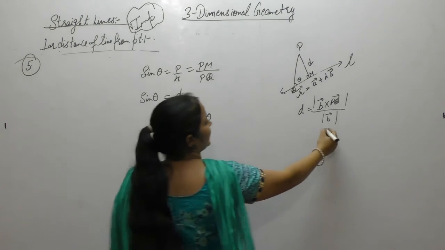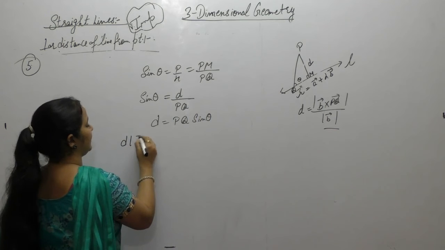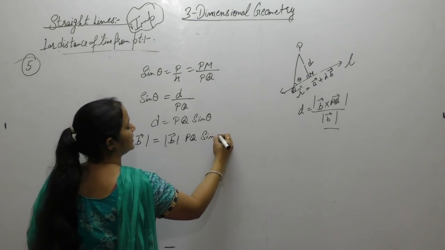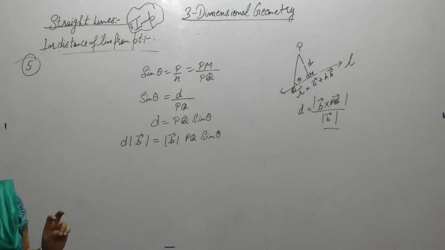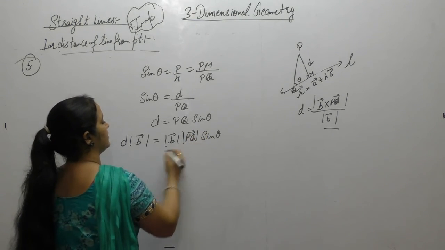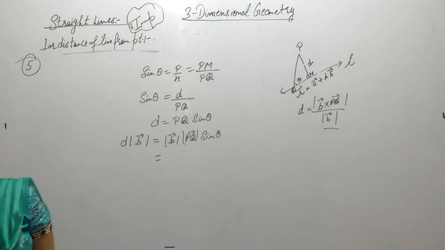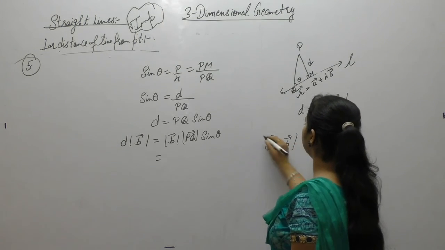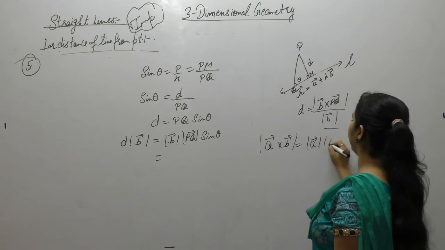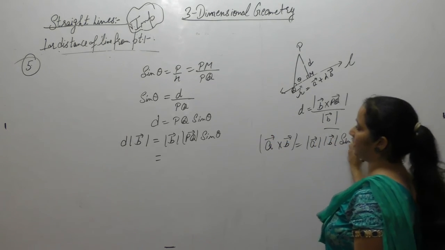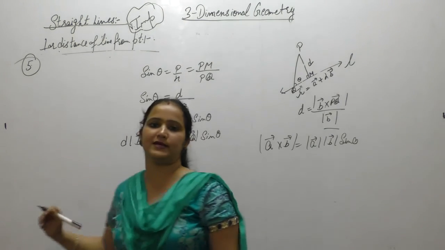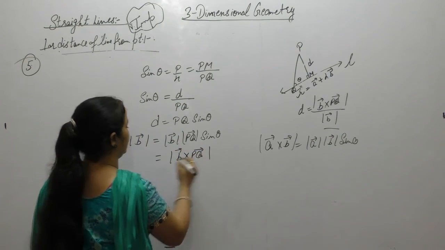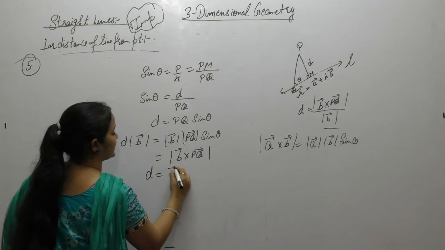Now we want the b vector here. So multiply this equation by magnitude of b vector: magnitude of b times PQ sin theta. We have the formula a cross b is equal to magnitude of a, magnitude of b sin theta. Magnitude of a, magnitude of b sin theta, that is equal to magnitude of a cross b. So from here we get d as b vector